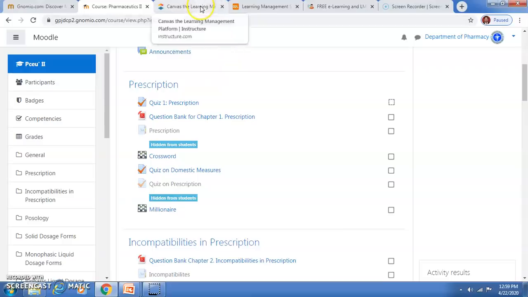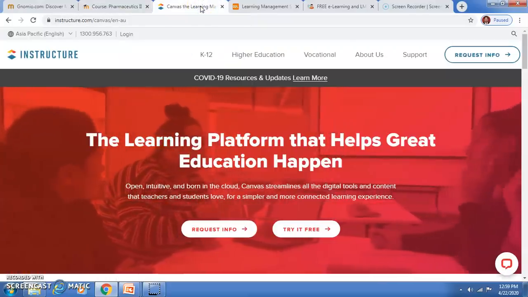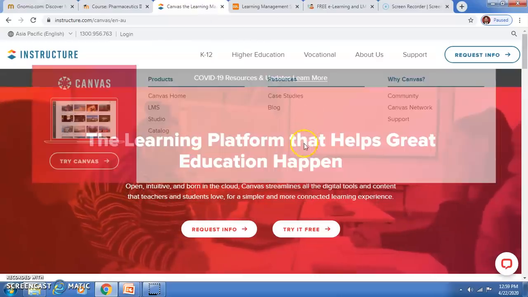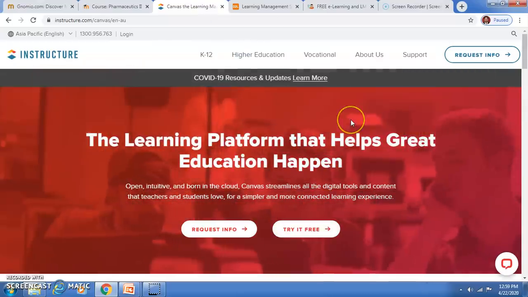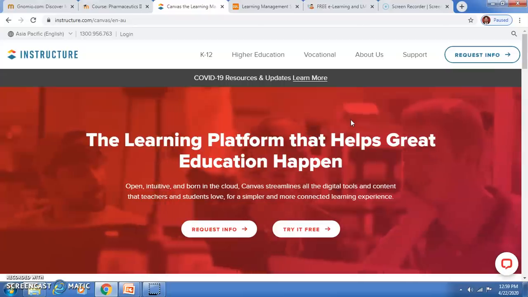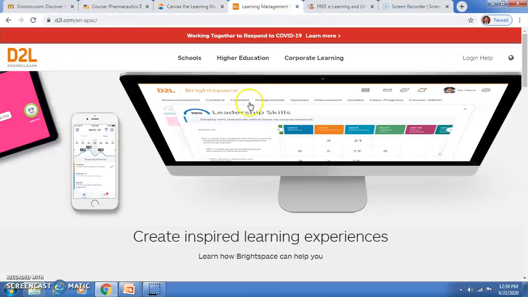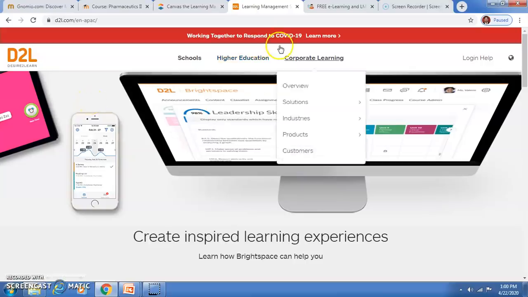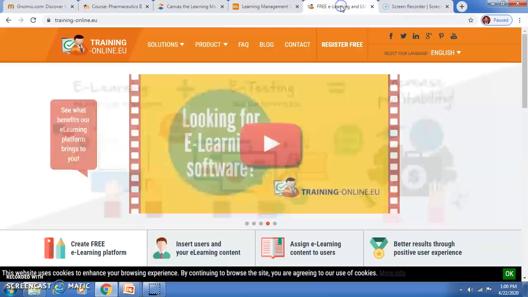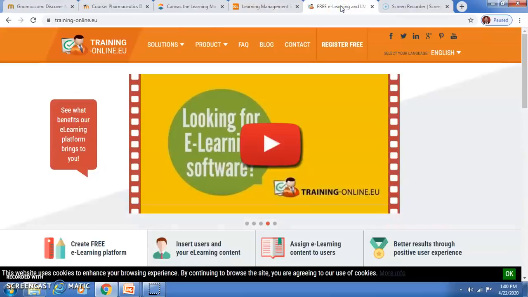The second software which I am going to tell you is the Canvas. So this is also a free software which can be used. It's free for the teachers. Then we have another software which is called D2L, it's Brightspace. Then we have this software which is called training-online.eu.